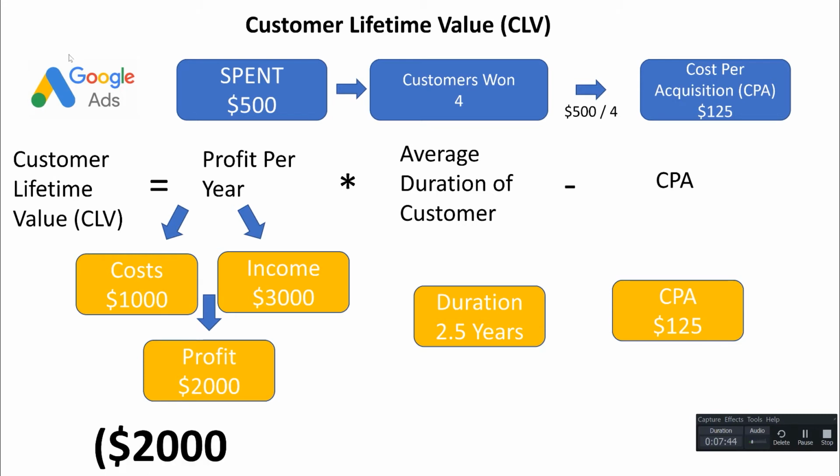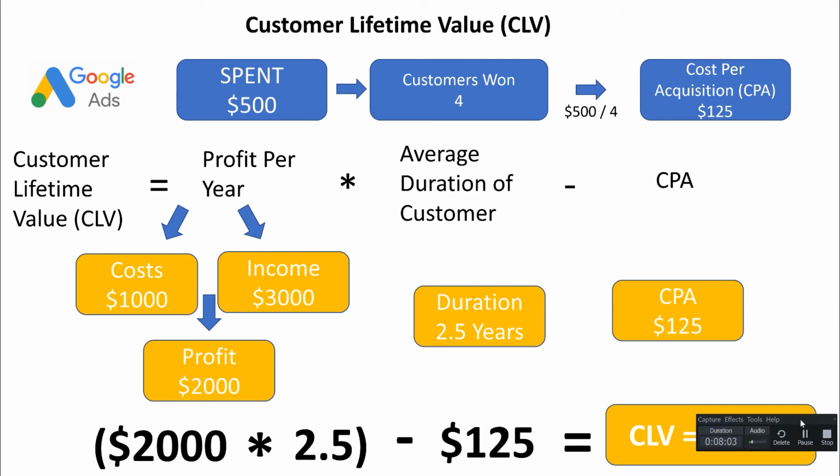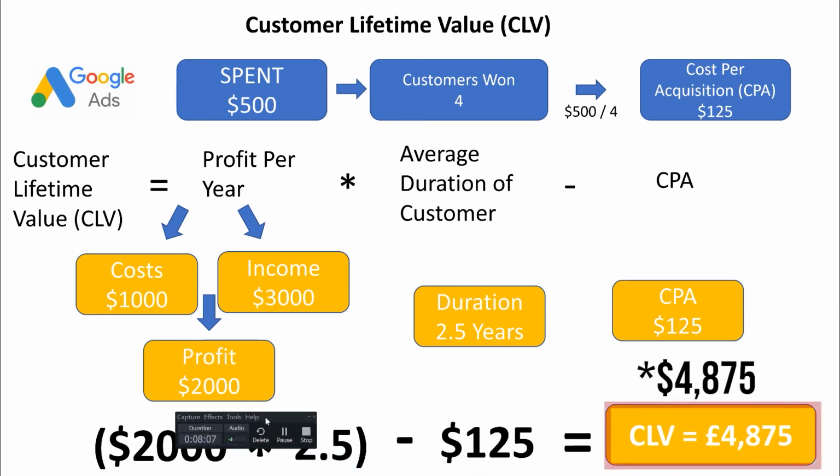That means your profit is $2,000, multiplied by 2.5 years, which is how long a customer typically stays with you. You minus your cost per acquisition, which is $125, and that brings you to a CLV of